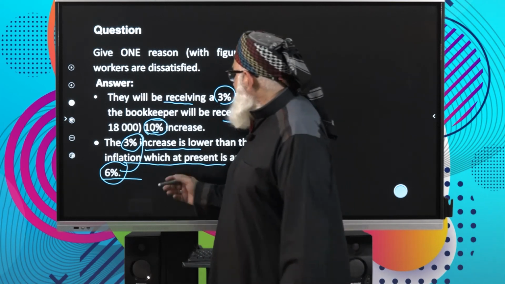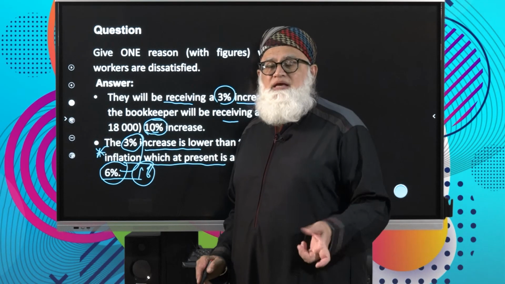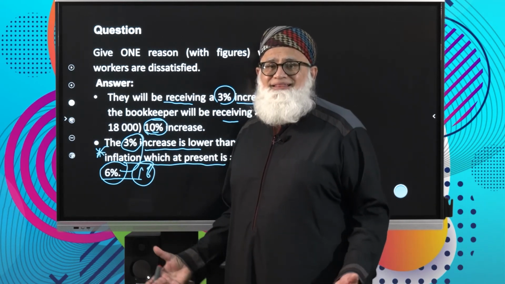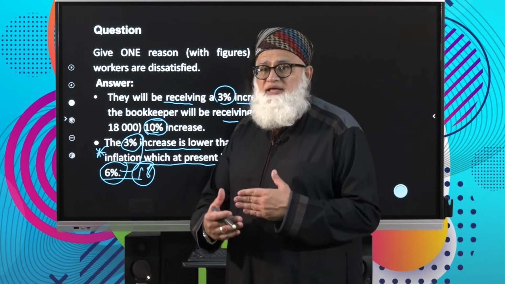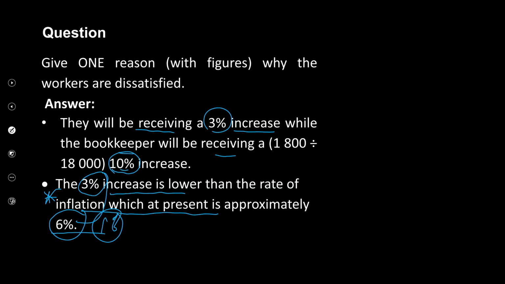However, if the inflation rate was 1%, then clearly this would not be valid. Why? Because they're receiving an increase of 3%, whereas the inflation rate is 1%, they're clearly receiving an increase above the inflation rate. So therefore, what I'm saying is the inflation rate is something that is a variable, meaning it will change. It changes whenever the inflation rate is worked out in the economy. So obviously that will be a variable, meaning changing with circumstances. Right, then